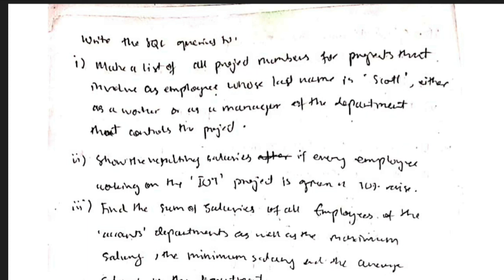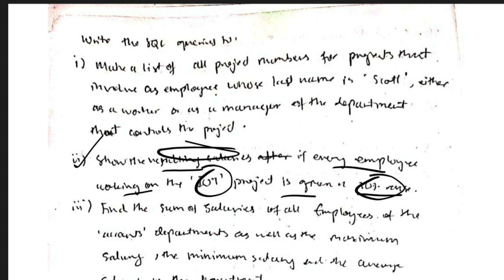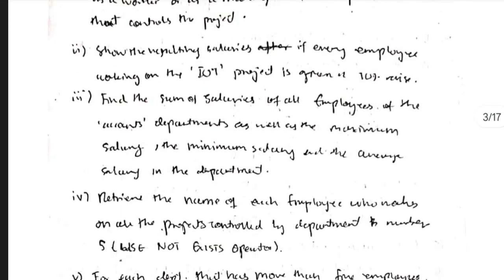Okay, and the second one is show the resulting salaries if every employee working on the IoT project is given a 10% raise. Okay, what you have to show? The salaries. So select salaries from the table, and you have to give a 10% raise. Select means multiply the 10% with the salary and display the result from the table name where the project is IoT. Okay, and find the sum of the salaries by using the sum function,